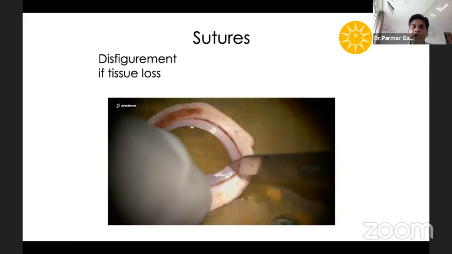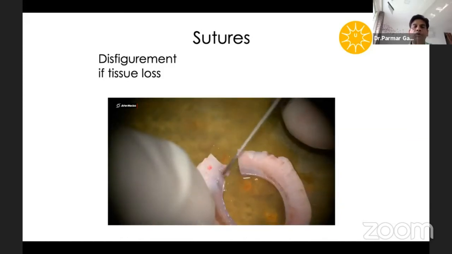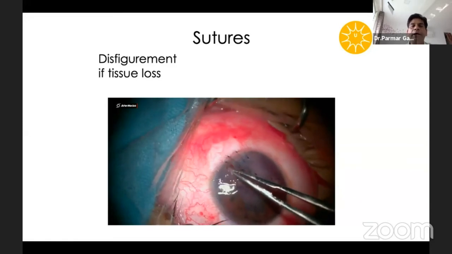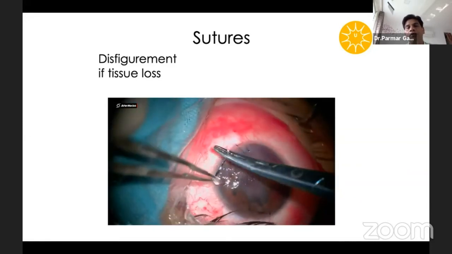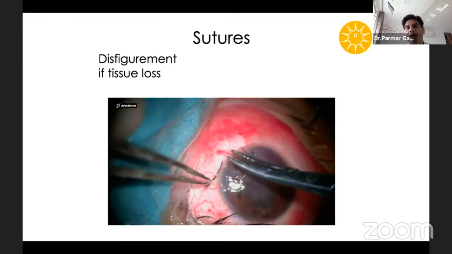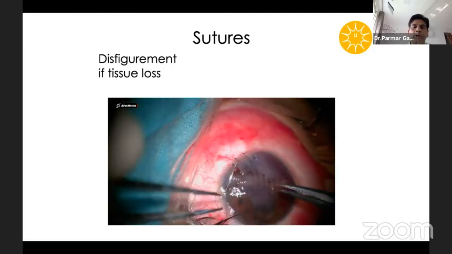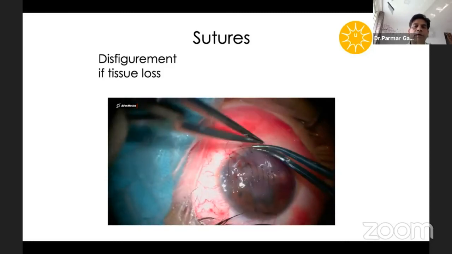Sometimes we can use this small piece of tissue. This will be helpful to avoid the disfigurement in cases of tissue loss. So I sutured the wound, but there is a small tissue loss. So I use this small piece in the manner shown here.